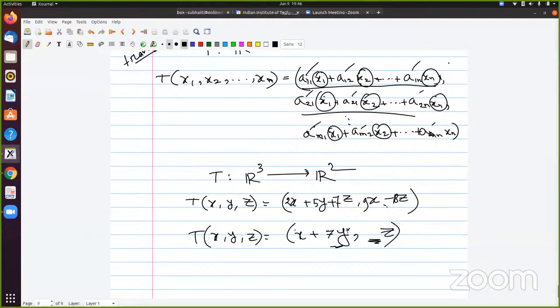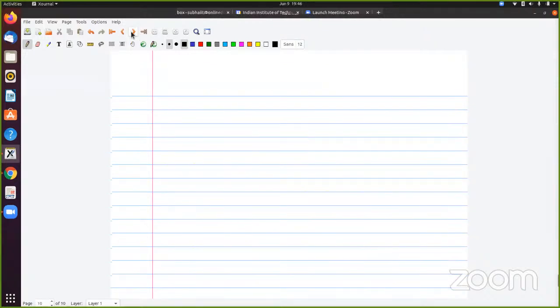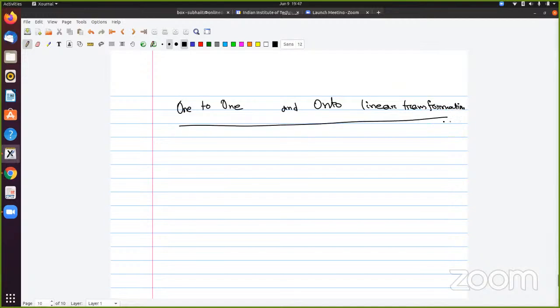So this is your linear transformation, the definition of linear transformation. Now only one thing is left, that is one-to-one linear transformation and onto linear transformation. What are those? So you know what is a one-to-one function and an onto function? Yes, sir. One-to-one means one input, one output. And onto means